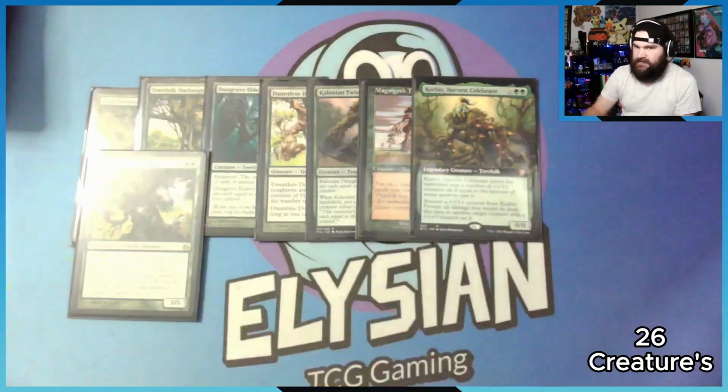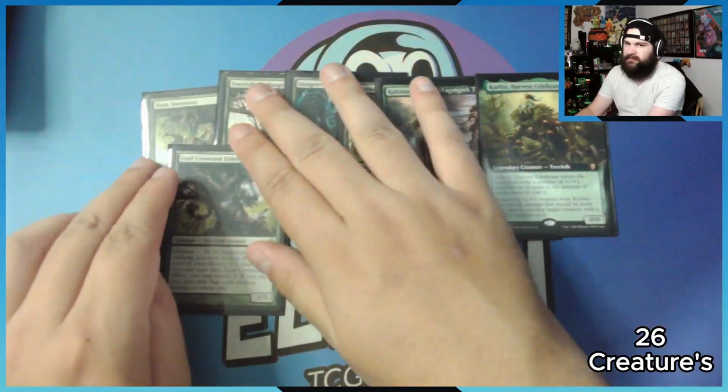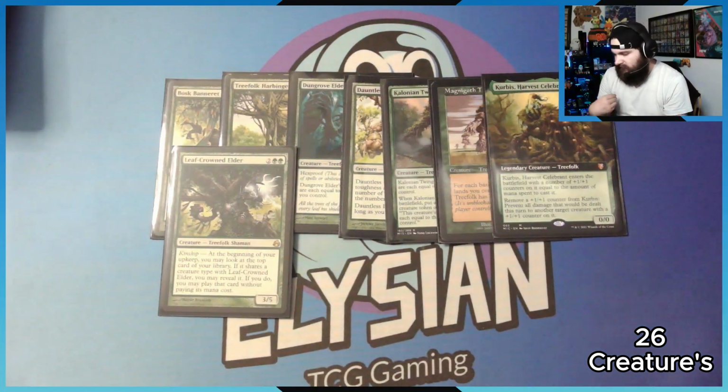Next is the Leaf Crowned Elder. Man, that's a lot of glare. That is actually quite a lot of glare. Hang on, there we go. So, Leaf Crowned Elder is a 4-drop, 3/5, but it's got Kingship, so beginning of my upkeep,